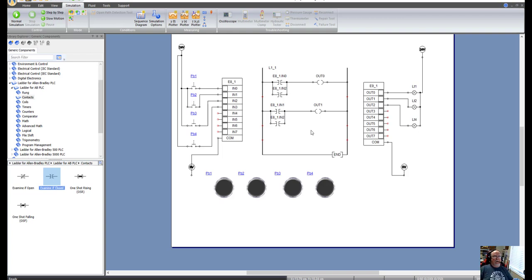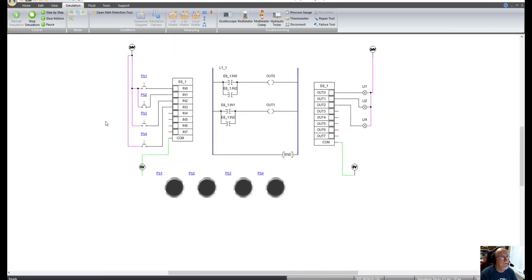So now we have a branch there that should turn on both lights when input 3 button is pressed. So let's test it. I'm going to simulation, push button 3. And both lights come on,